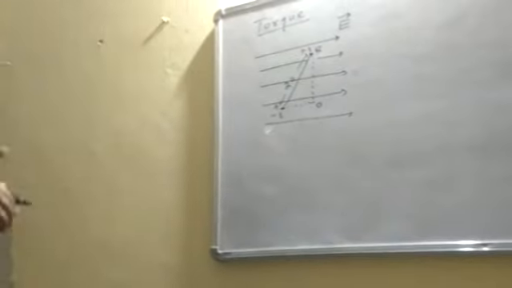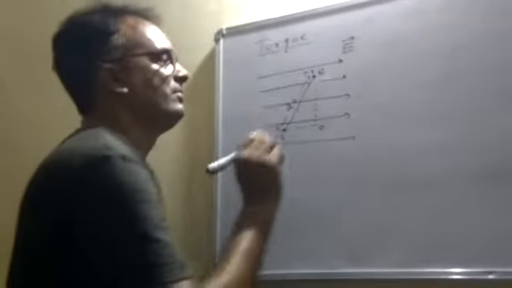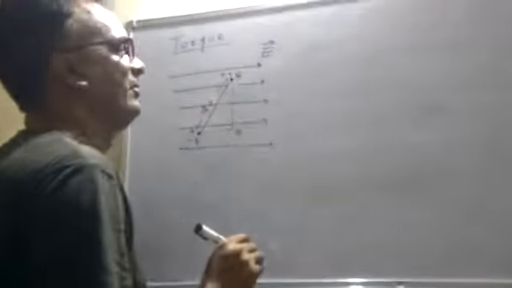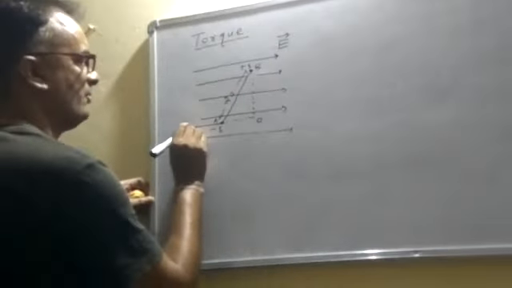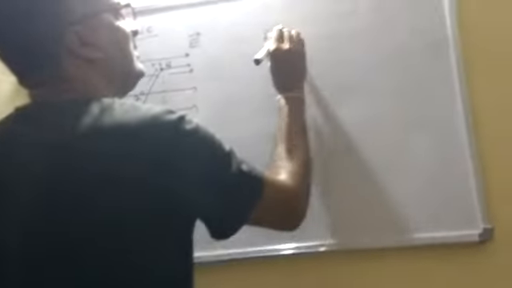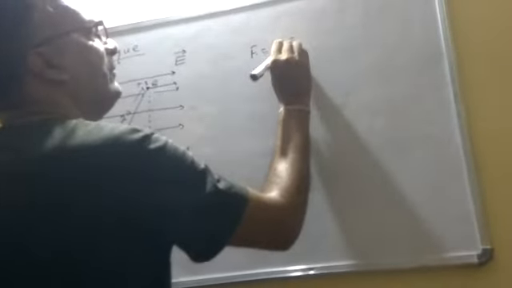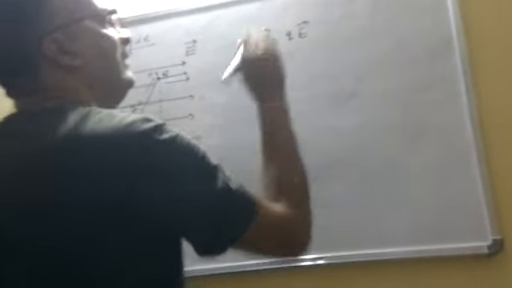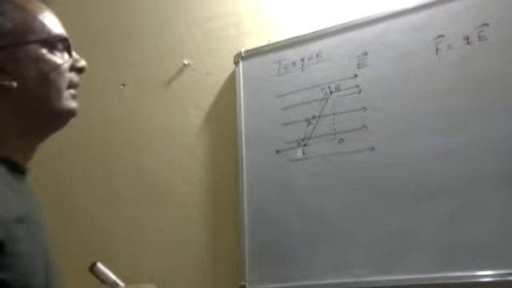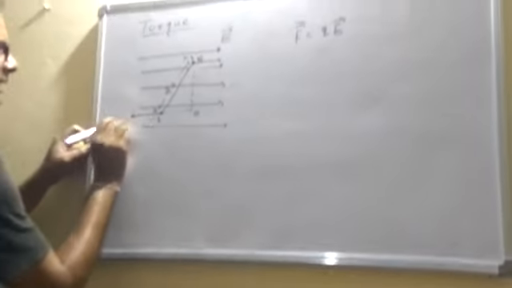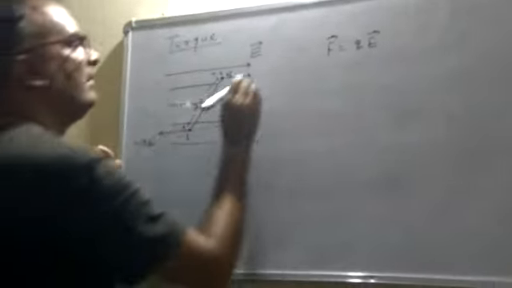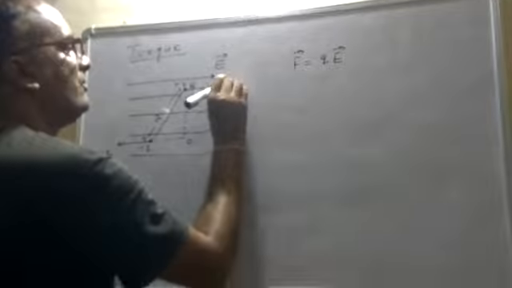Now, what is the definition of torque? It's very important. But before that, we know how the force is applied here. Suppose one force is applied here, and another force is applied here. We know that force equals Q into E. So here the two forces are minus Q into E and plus Q into E.